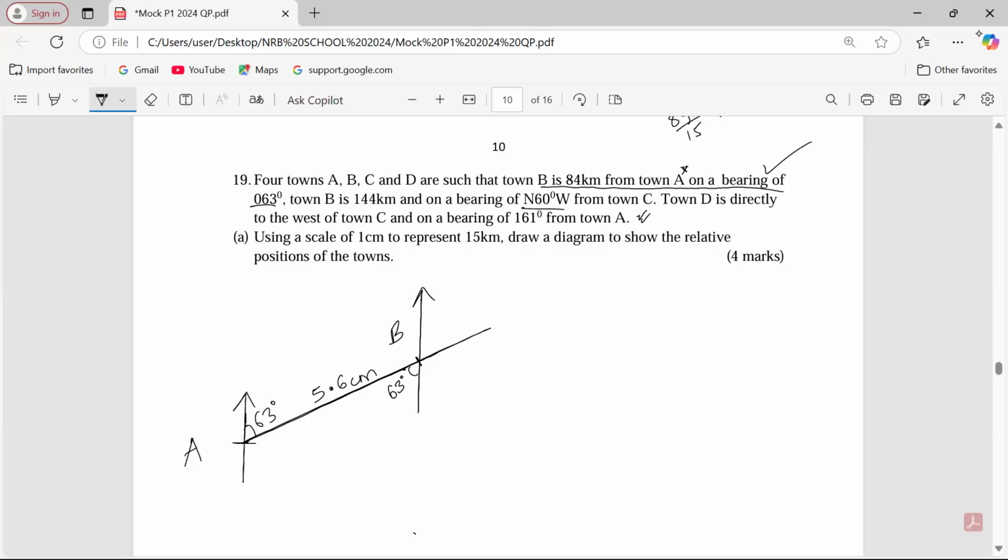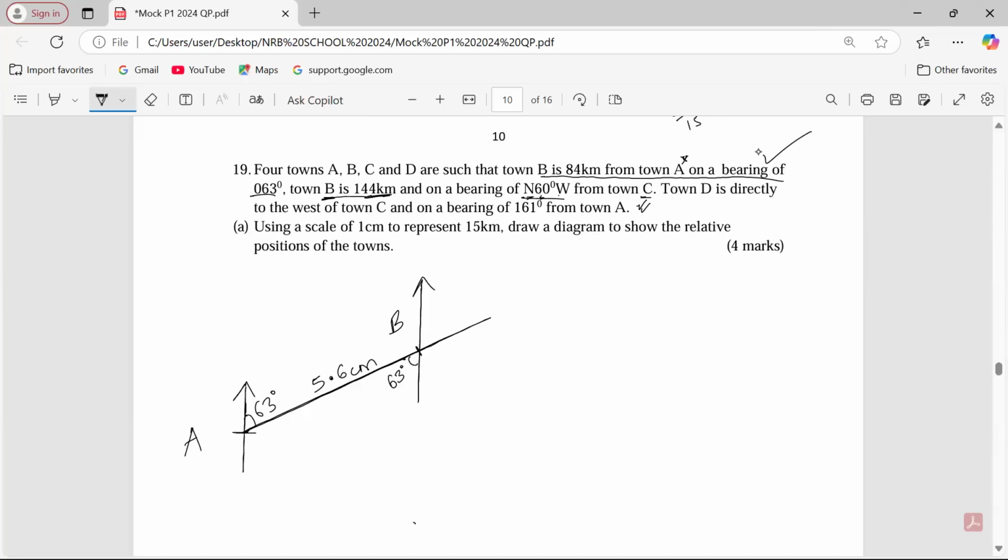Town B is 144 kilometers on a bearing of north 60 degrees towards west from town C. Very interesting. We are given town C as the reference point, and yet we do not have C. So we are given directions to B. With that, you should know that